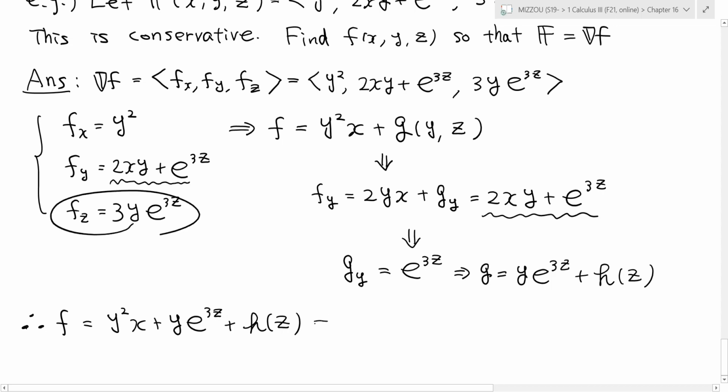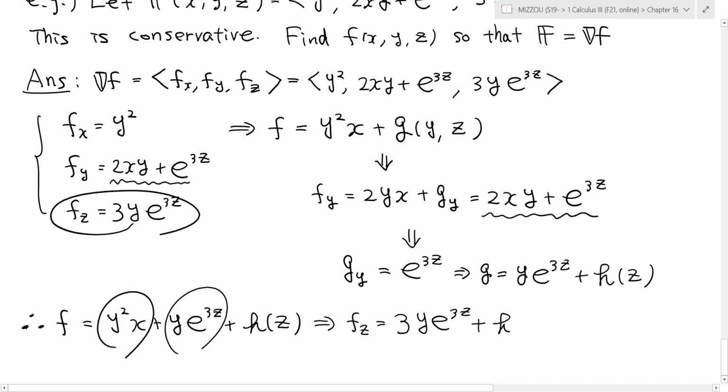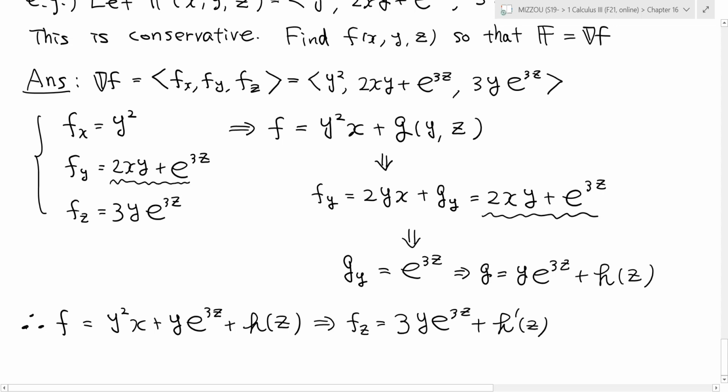You differentiate this with z, what do you get? You get 0 here and here. 3y e to the power of 3z plus, now this is just the regular derivative of h with respect to z, and that is equal to